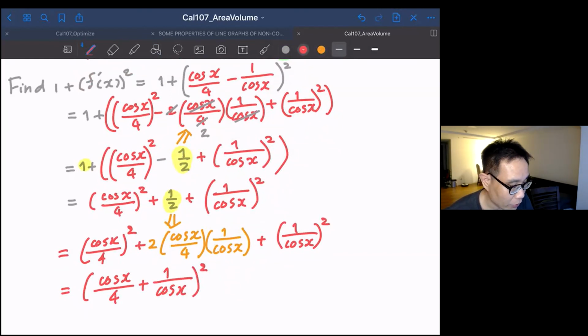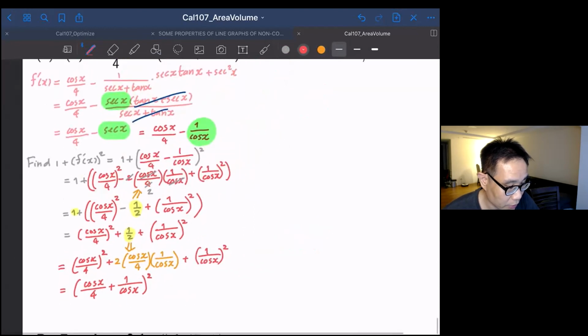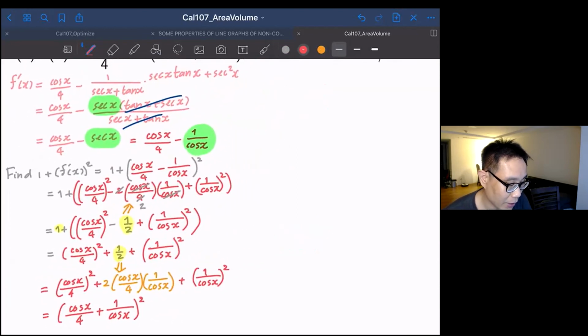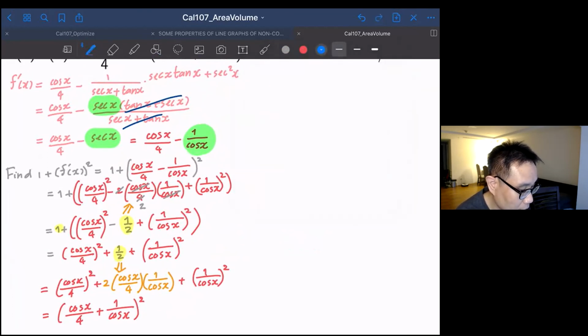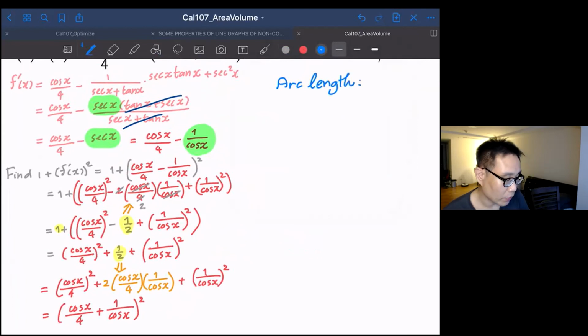Okay, so this one is 1 plus f prime x squared. So it's going to be cos x over 4 plus 1 over cos x. And then we're going to find the arc length. I'm going to use the other side. So for the arc length, I would set up